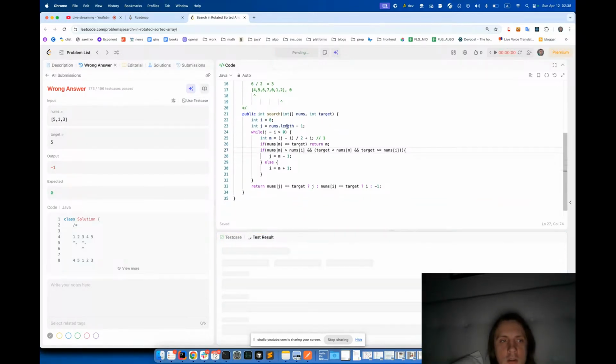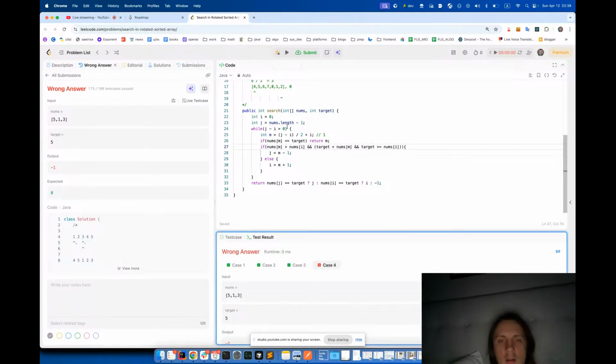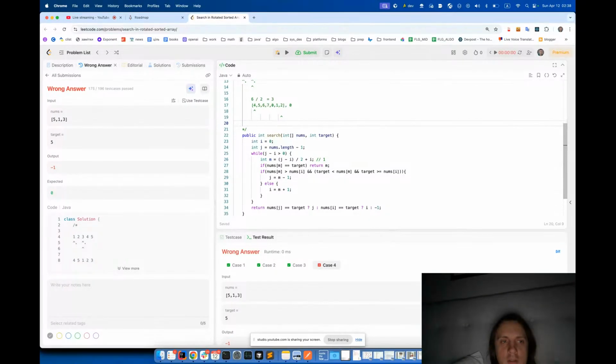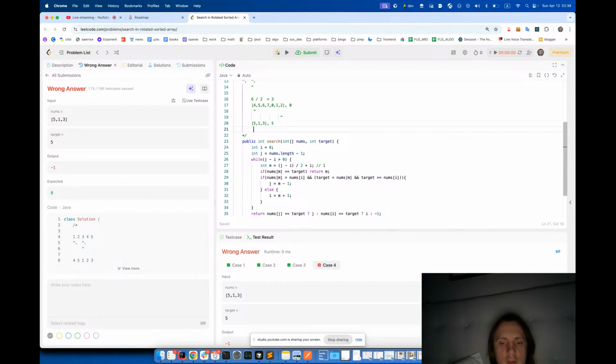Okay, let's run 5, 1, and 3. So we have such situation where we have 5, 1, and 3, and we want to find 5. So we have this one. Then we calculate the mean, so it would be like 2 divided by 2 would be 1, so 1. And yeah, and here we see that